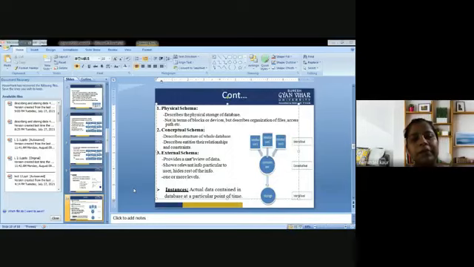Next is external schema. It is concerned with the pictorial representation, provides the user view of the data, shows relevant information particular to user, hides the rest of the information. One or more levels are there. Now instances. Instances mean to say actual data contained in the database at a particular instant of time. At any instant of time, if I am referring to any type of record, then that is the instance.